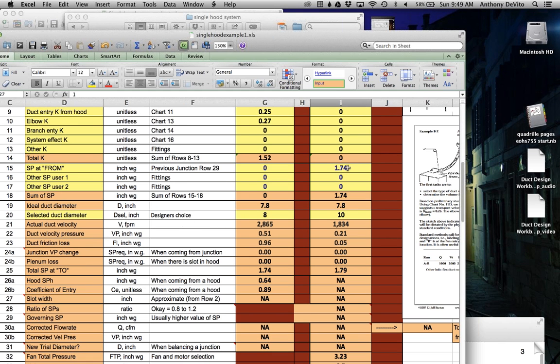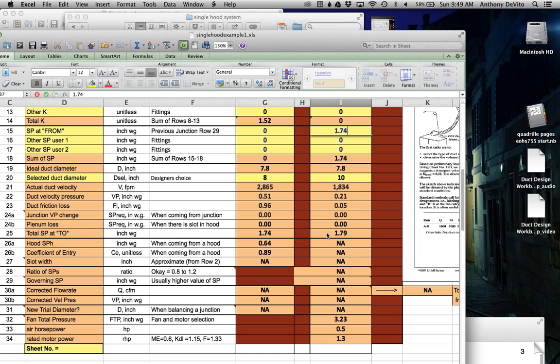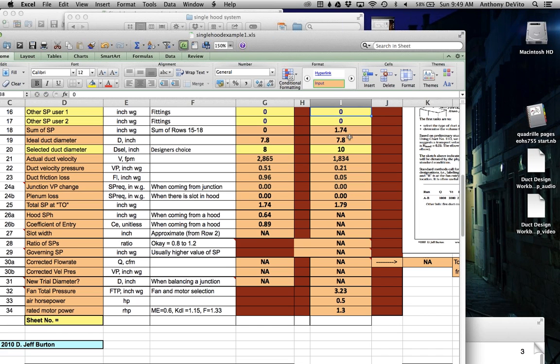Okay, the static pressure that is going into this system is calculated on this side. It was 1.74, so 1.75 winds up here. We have to actually put that in, 1.74, and I hit enter. And again, it suggests a duct diameter of 7.8. That's no good for us. If I want to continue transporting those particulates, I better keep this at